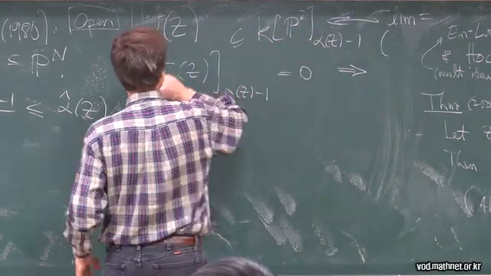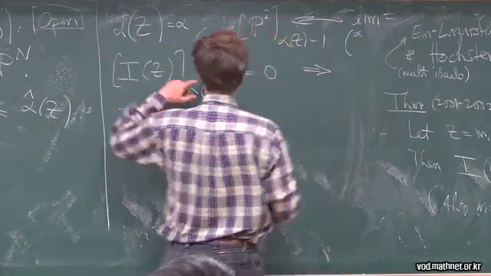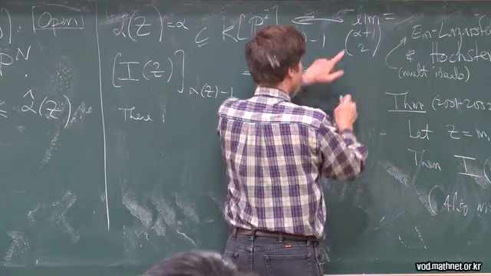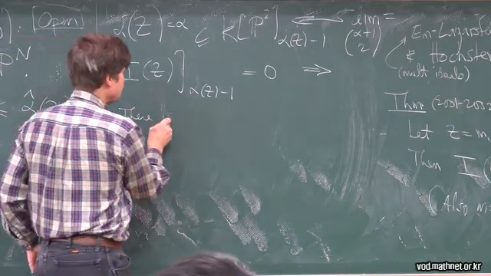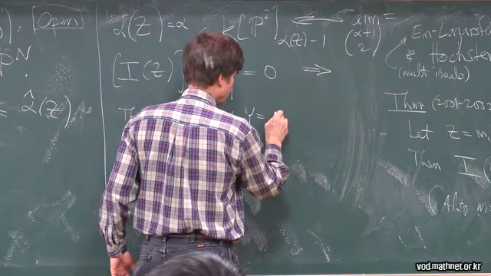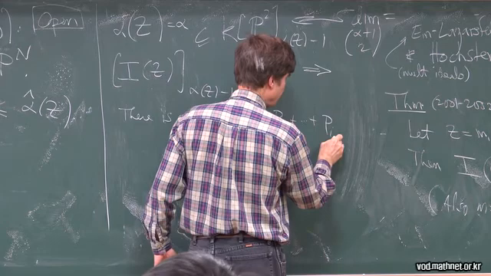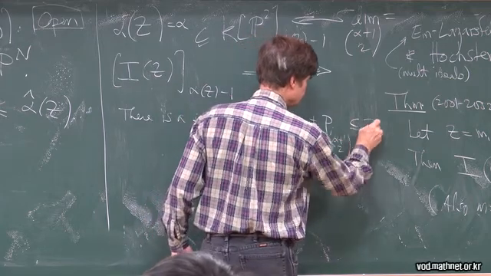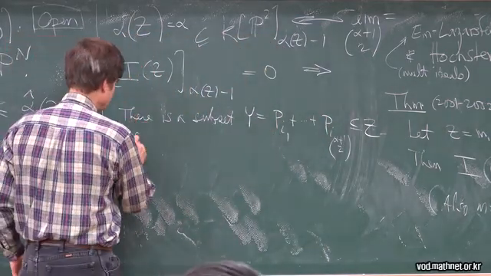Let's call this alpha. This has dimension alpha minus 1, so that means it's got dimension alpha minus 1 choose 2. So that means there is a subset y of pi1 through pi alpha plus 1 choose 2 inside z of points